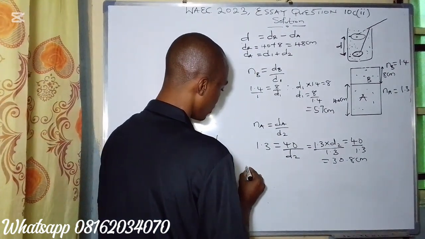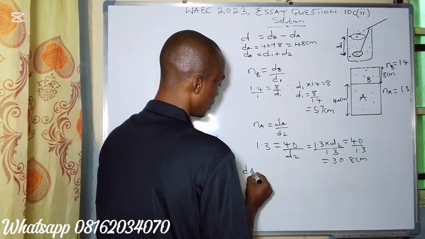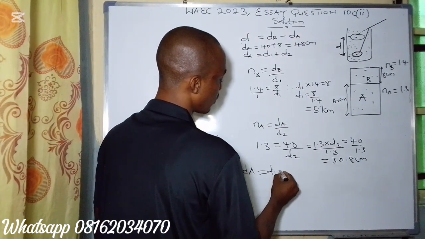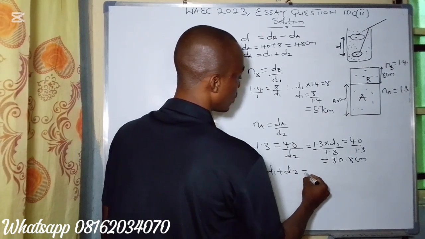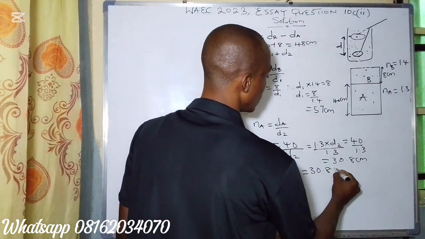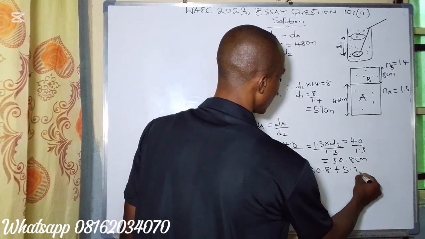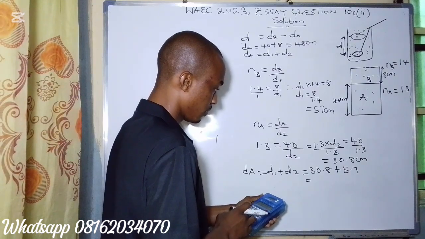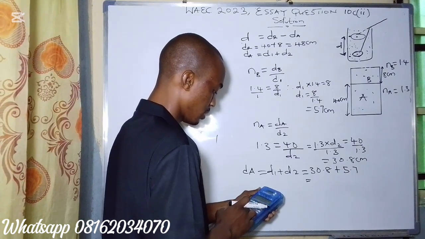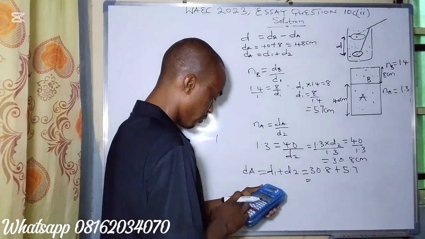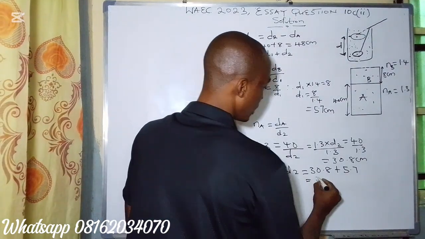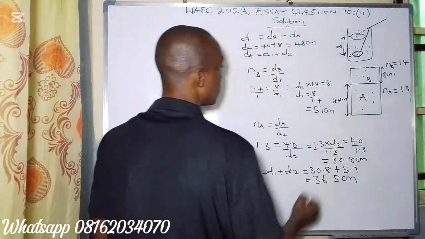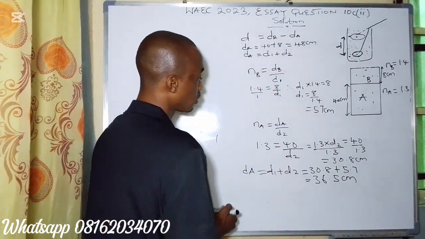So the total apparent depth will be equal to D1 plus D2. I've already told you that before. And then if you do that, you're going to have 30.8 plus 5.7. What do you have? You have 36.5 cm. So for us to find the displacement, all we need to do is to subtract this one from